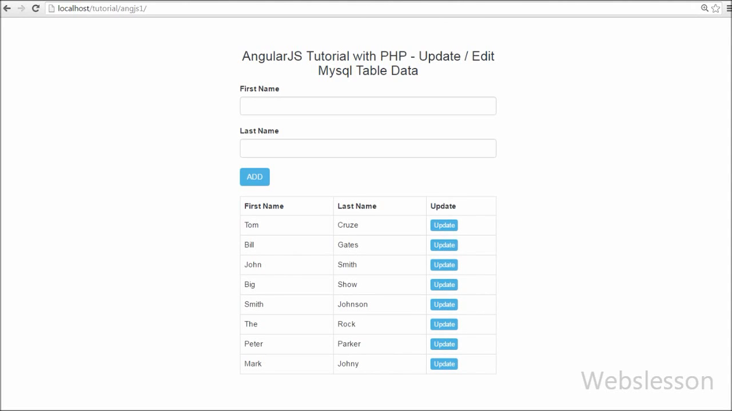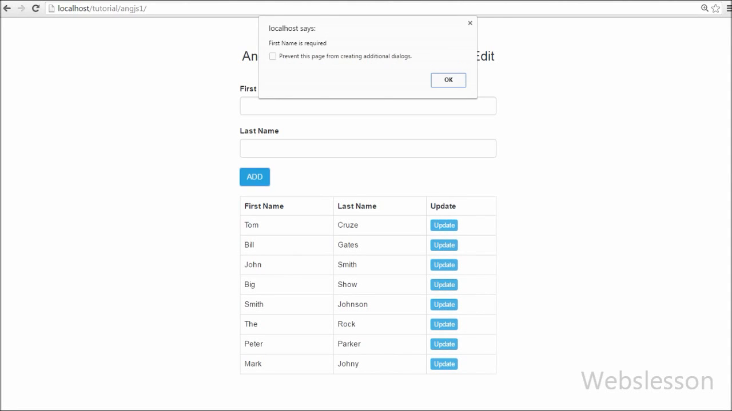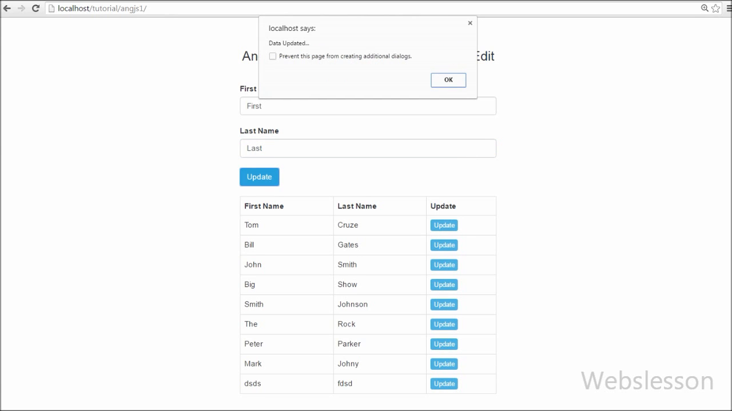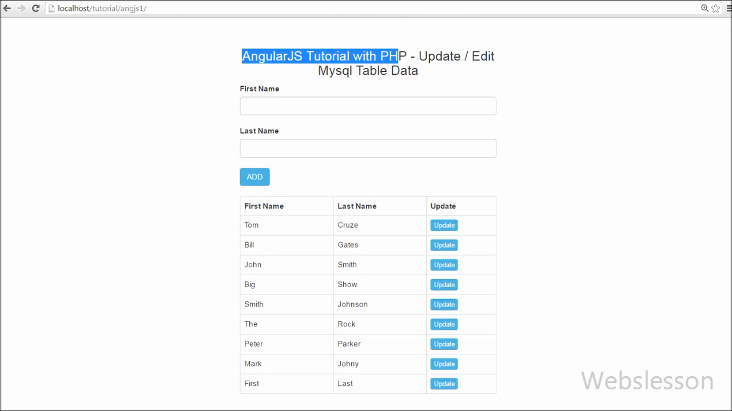Hello friends, in this video we are going to learn how to update MySQL table data by using AngularJS with PHP script. In previous video we have learned about how to fetch data from MySQL database table and display that data on web page. But we have moved one step ahead, like how to edit inserted data by using PHP